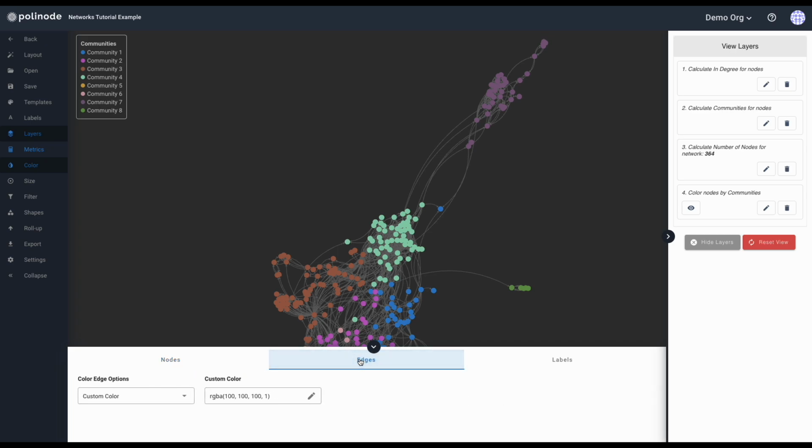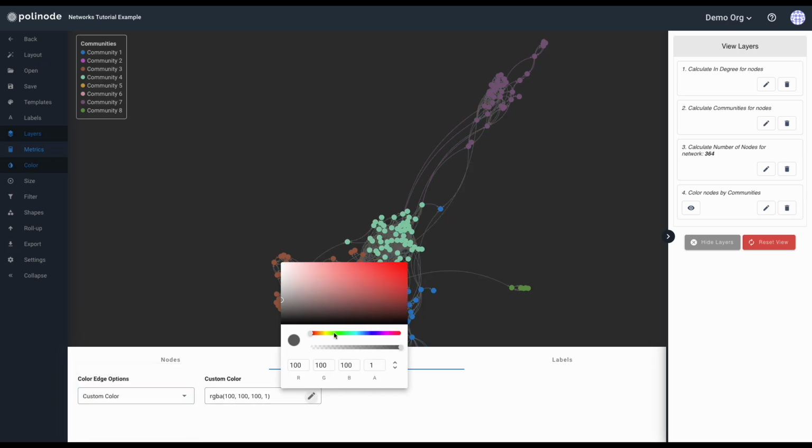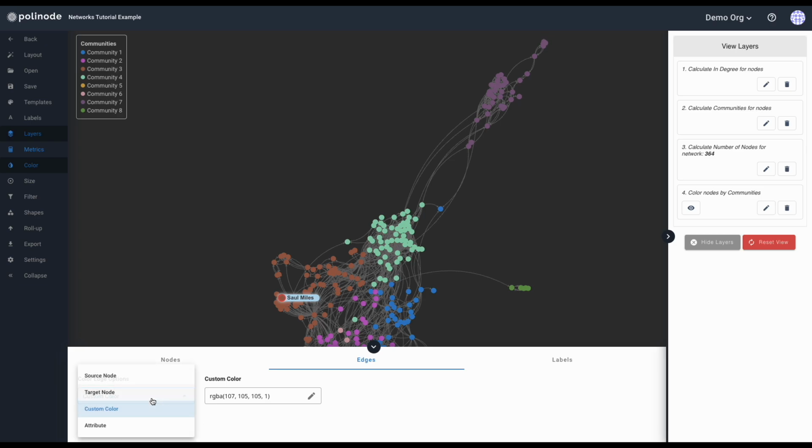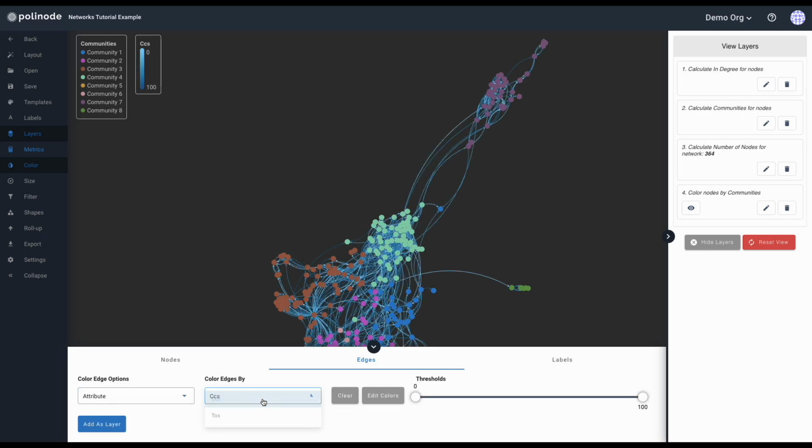I could also color edges if I wanted. So the default here is that my edges are set to this custom color, but I can color edges by a source node, by a target node, or by this custom color that I can change or configure if I want to. So I can change my custom color here, or I can color my edges by an attribute as well. So here I could color by CCs, which is an attribute I have available to my edges,